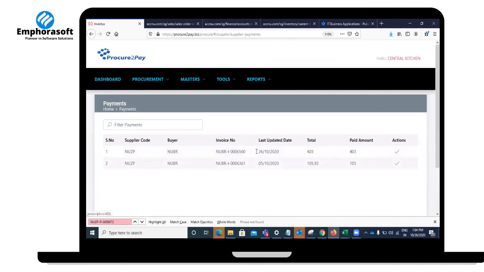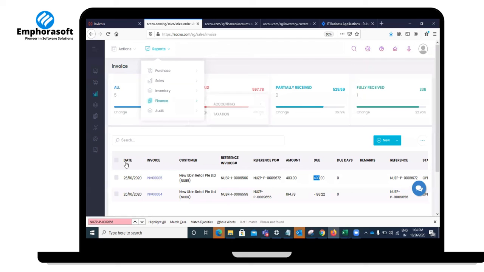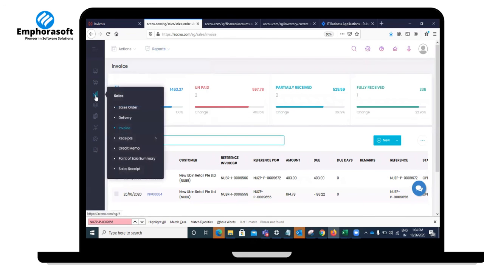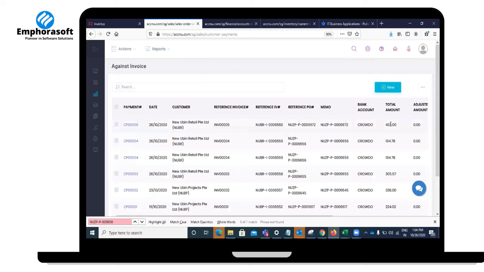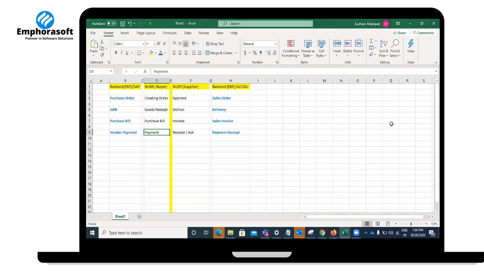Whenever the buyer sends the payment, the supplier is waiting for his acknowledgement. Whenever the supplier confirms that the amount has been credited to his account, he will say confirm, right? You can also see in the respective invoice that the payment receipt happened for the 403.